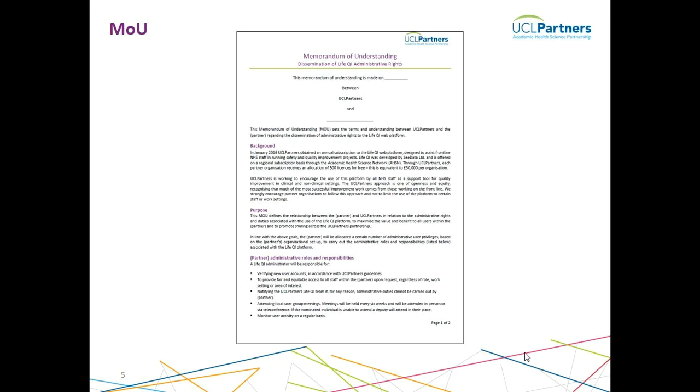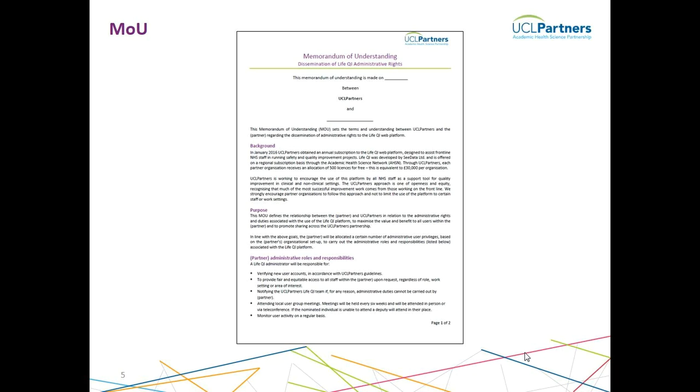So, for example, if someone on the front line is working on a completely valid quality improvement project they wanted to put on Live QI, but it didn't align to organizational priorities or the QI strategy, they would still be able to use the platform. It wouldn't be restricted to particular departments, particular staff groups, and so on. We just want to ensure that equity and openness is set and that expectation is there from the onset.